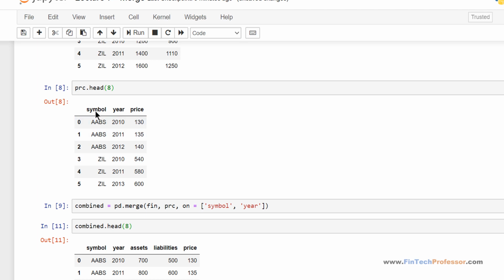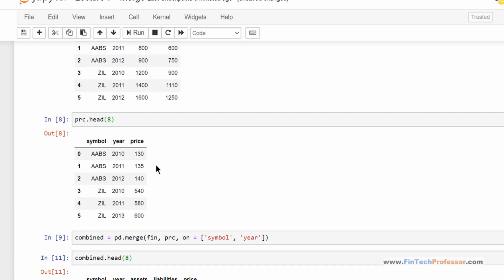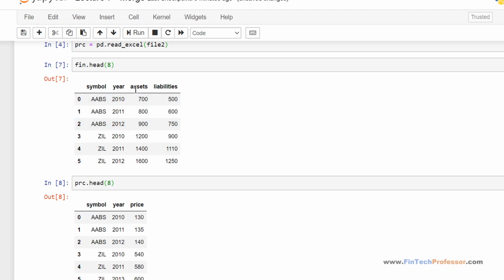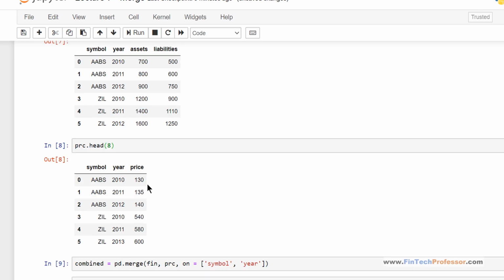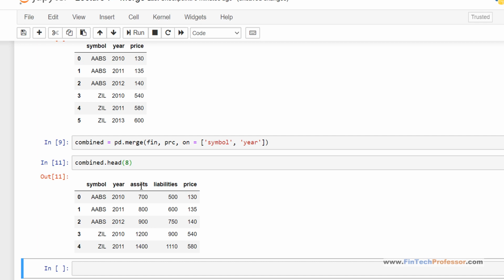In both the data frames, symbol and year appeared, but in the combined data frame, they appear once. This is the first thing that we observe. Second thing that we observe, there were two variables in the first data frame, assets and liabilities, and one variable in the second data frame, that is price. So all the three variables have been brought together in this combined data set.